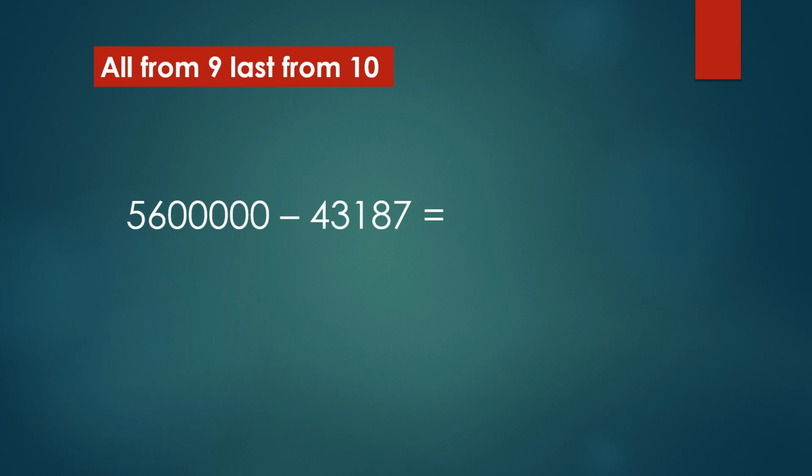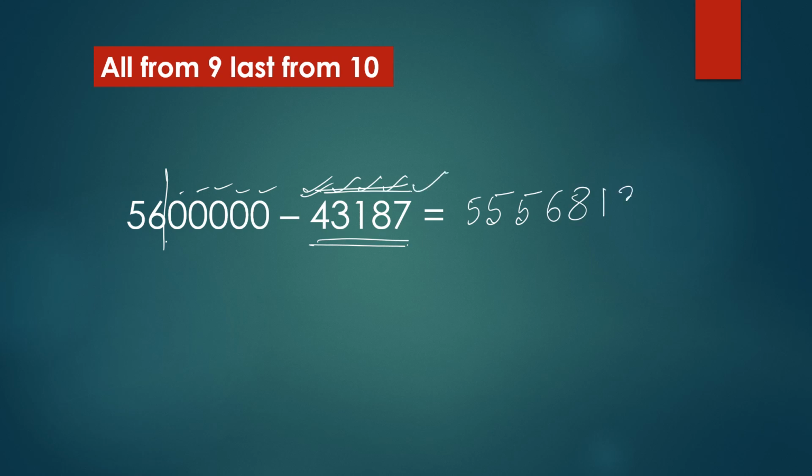Let's see the last question for this module. In exams, questions appear like this in a horizontal way, not in a vertical way. So now how to do this one efficiently? First, check the number of digits here, that is 5. So count 1, 2, 3, 4, 5. So make a group like this. 56 minus 1, 55. For the rest of the numbers, apply all from 9, last from 10. 9 minus 4, 5. 9 minus 3, 6. 9 minus 1, 8. 9 minus 8, 1. 10 minus 7, 3. So the answer should be this one.